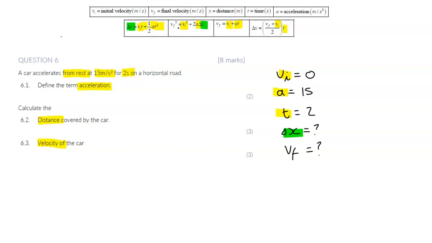I don't have my final velocity. Okay. The third one doesn't even have an x in, and the third one I also can't use because I don't have the final velocity. So for 6.2,